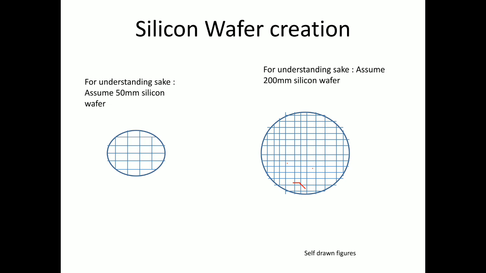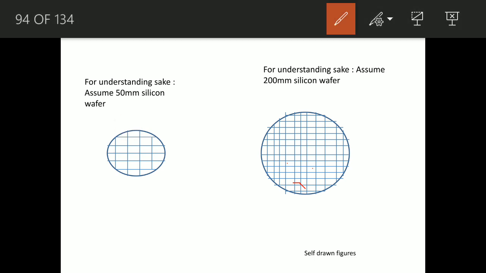We'll take two silicon wafers, one silicon wafer and a second silicon wafer. Obviously each has a different millimeter size, and in the rectangles you can see there are many boxes. These boxes are nothing but ICs, integrated circuits. On the left side silicon wafer the boxes are big, and on the right side silicon wafer the boxes are small. And you can see the edges of this one, this edge, this edge, this edge.